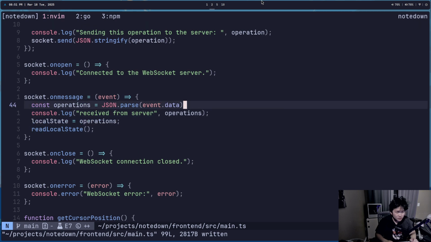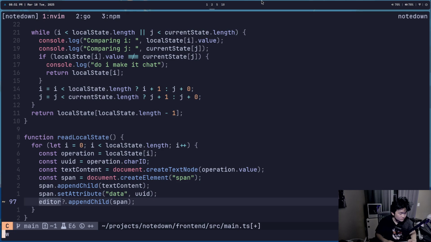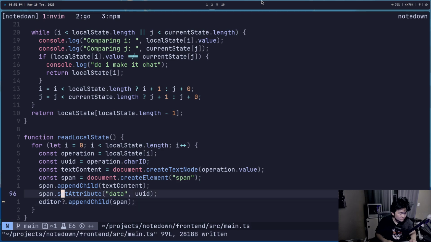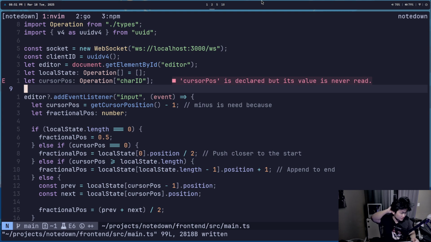This is weird. Actually, why is this not working? Maybe it's the read. Yeah. I don't know. This stops crying when I do that, so I don't know what's the best way to do it, but